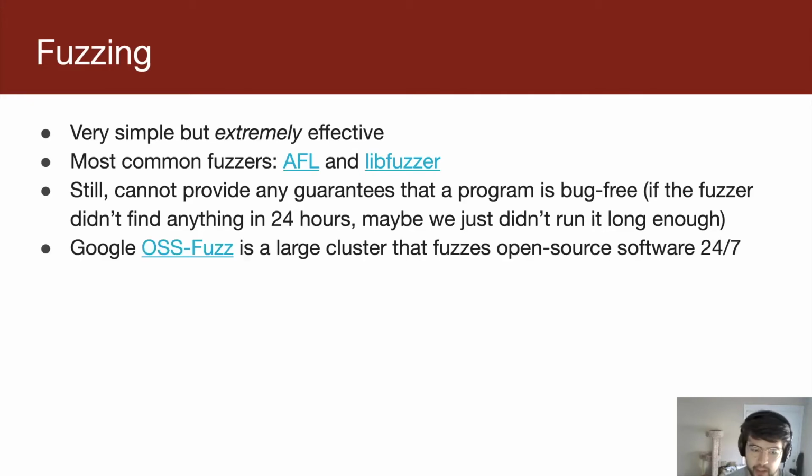There's a project called Google OSS-Fuzz. They basically devoted a very large cluster of computers that just fuzz open source software 24/7. That's all they do, over and over. And this process never ends. You need to be continually fuzzing. Occasionally it finds a weird edge case that pops up somewhere. But it can't guarantee anything. If you don't find anything through fuzzing, that doesn't mean that there's nothing there.